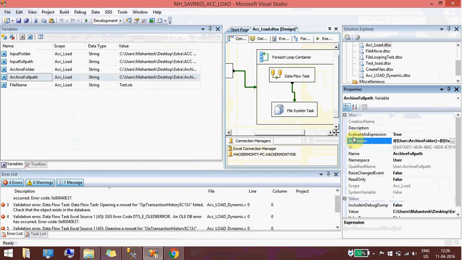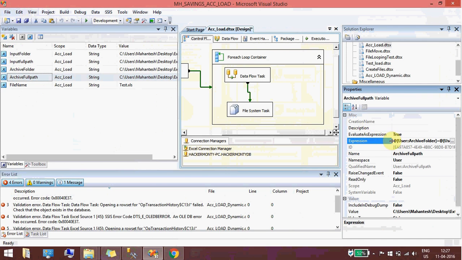Make sure that if you are using an expression, evaluate as expression should be true, because you are passing the value calculated with this expression. Otherwise, the same file will load, so only one file will load. So you need to make sure this is true.